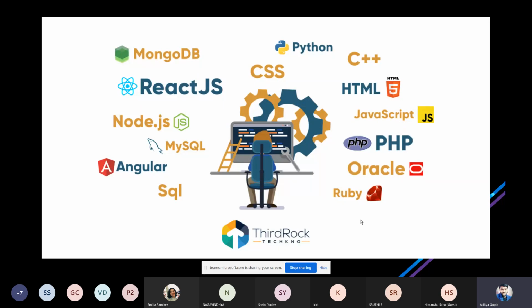Okay. So front end includes CSS, HTML, JavaScript. You can see here JavaScript, PHP. Backend, you may use SQL, MySQL, MongoDB, React.js. It's very cool stuff, and it's going to be very interesting too. So it's a separate session. We'll host an event for that too. So stay tuned to us.